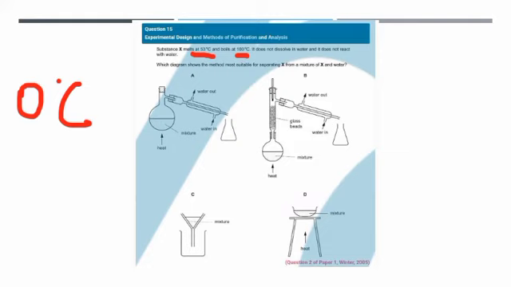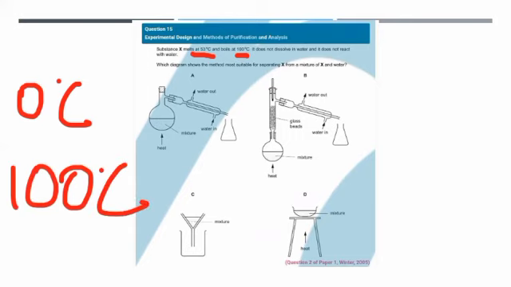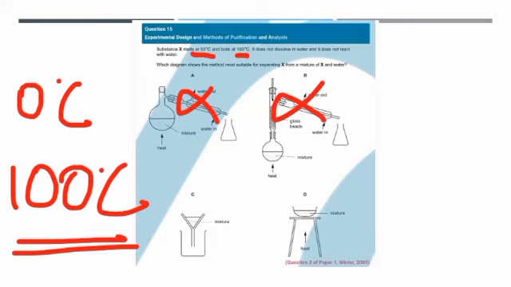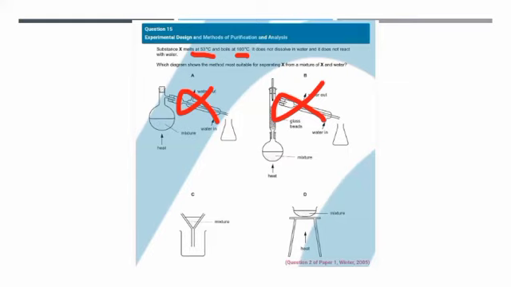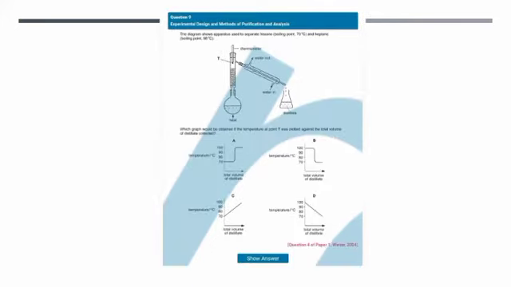Which diagram shows the most suitable method of separating X from a mixture of X and water? Since it's insoluble and it has a boiling point similar to water, when the two of them have the same boiling point, they're going to evaporate at the same time. I can't separate it using distillation. And why can I not use evaporation? Because it is not dissolving in water, right? So I can't even use the evaporation of the mixture. The only method left is that I filter the mixture, and so the filtrate collected would be water and the residue collected would be X. The answer is C.